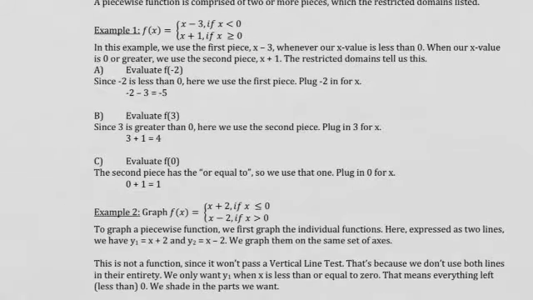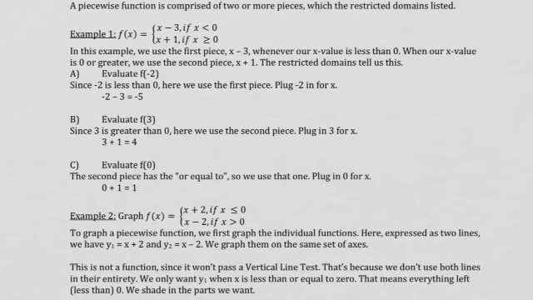Alright guys, so today we are going to work on section 2.5, piecewise defined functions. It's very simple. A piecewise function is a function with some constraint. And if you look at example number 1, what do we have? We have two constraints, x less than 0 and x greater than or equal to 0. These two constraints define what function you will have to use when you have to calculate f of a